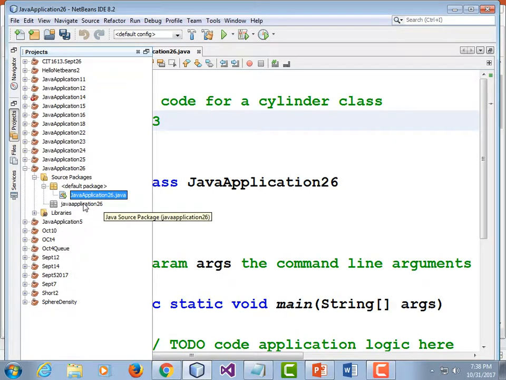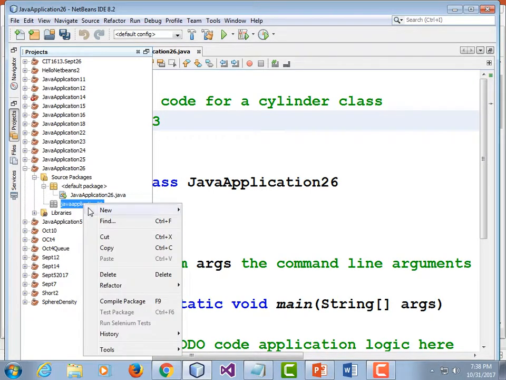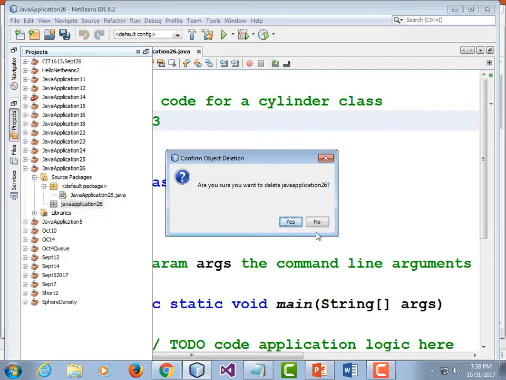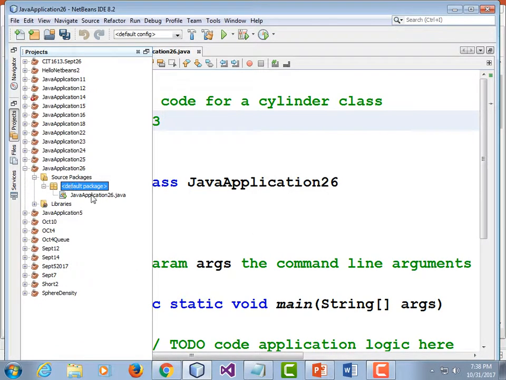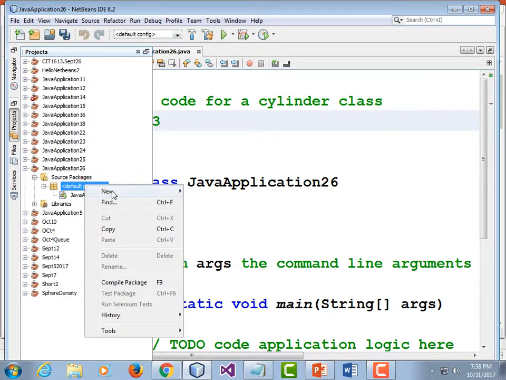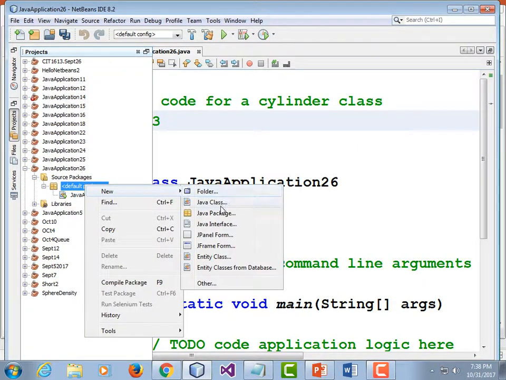We could even delete this package because it doesn't have anything in it anymore. So I'm going to right click on it and choose delete. Just gets rid of that package declaration. Because now, since we deleted the word package, we don't have any sub-packages in our application, no subdirectories. All right, I'm going to right-click on that, do new Java class